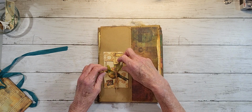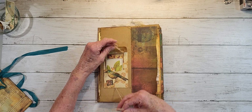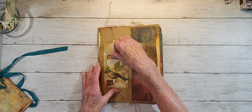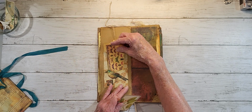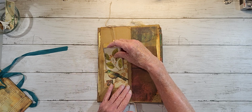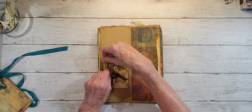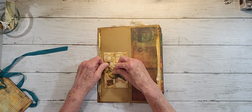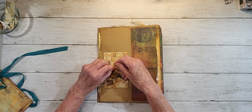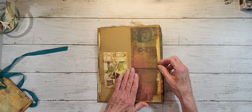And here we have this little pocket. I think I made this on camera. And it's just tied down, and then there's a little journal card in the front and a little journal card in the back. And I thought that was cute. It took me forever to make this. I just could not get it together that day, which I don't get it together a lot of days, but